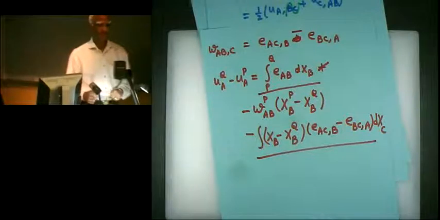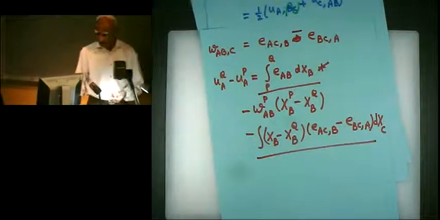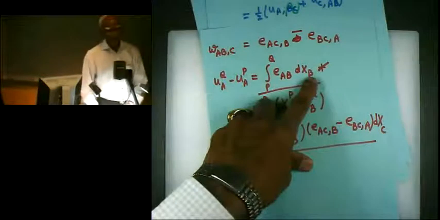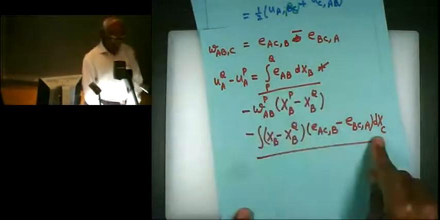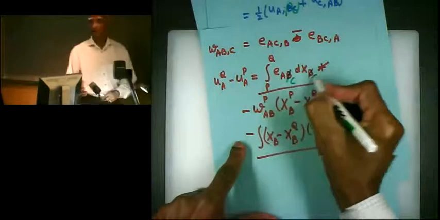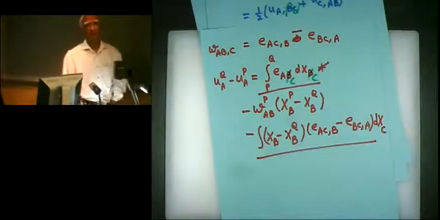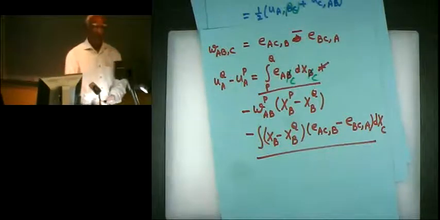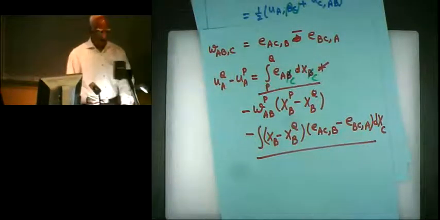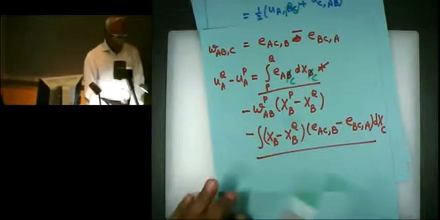Can't you just change the indexes of the first one? Good. So you change the index of the first, say B and B is summed. But we have a DXC here, right? So just change that to C. It's a dummy index, right? So now we can combine these two integrals into one. The other quantities, they are known, so that's not causing a problem.